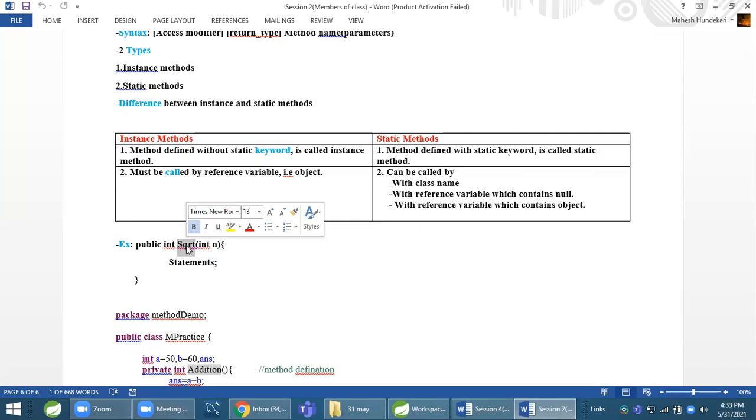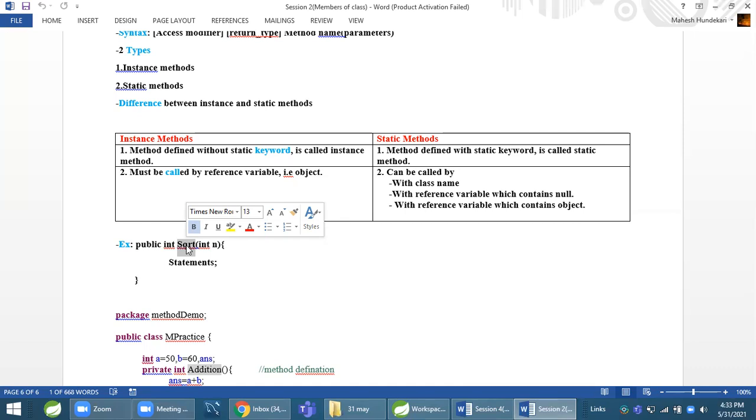So this is an advantage of a method. We can avoid code repetition, we can achieve code reusability, we can achieve speed. We use memory efficiently, no memory wastage, no repeated code. These are the advantages of methods.